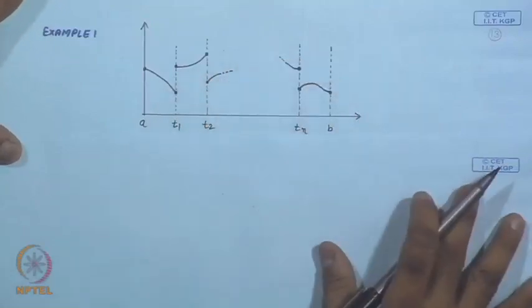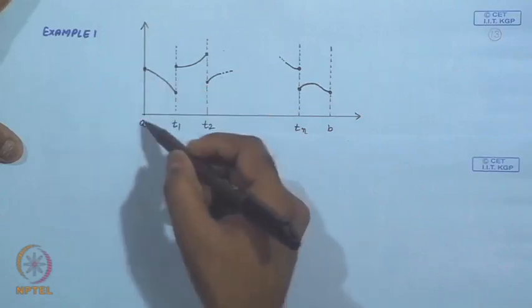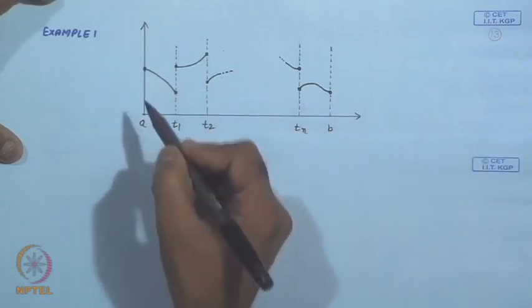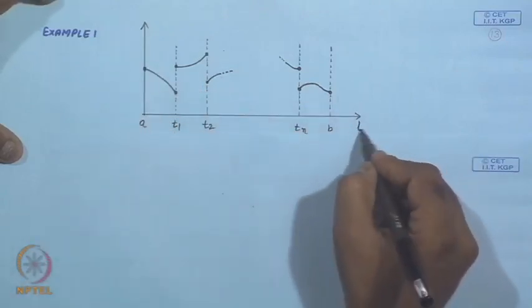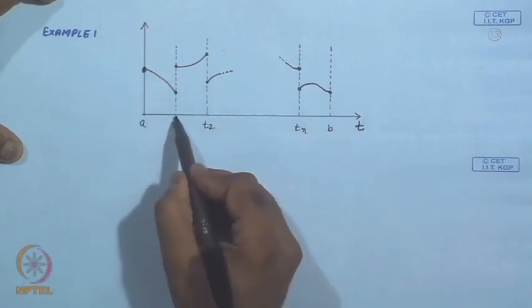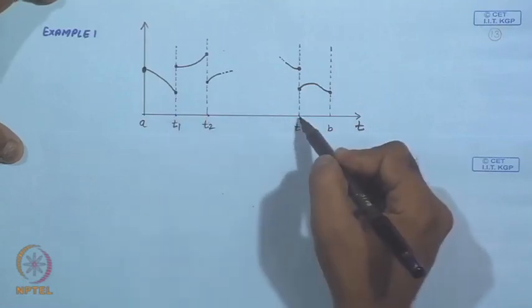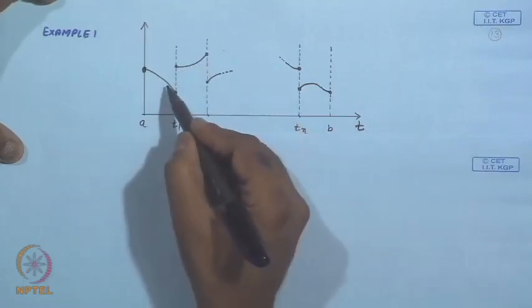So let's look for some examples of piecewise continuous functions before we go to the next definition. And this is a typical example of a piecewise continuous function. So here, as t approaches a, this right limit exists, and the function is not continuous at these points t1, t2, tn, but the limits